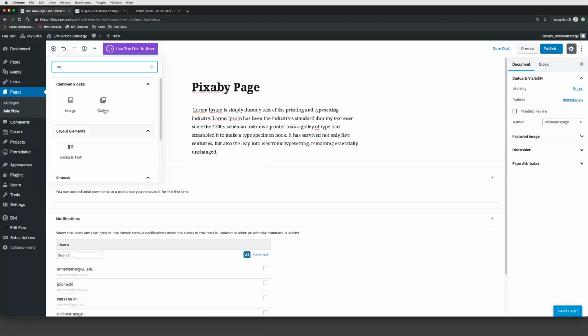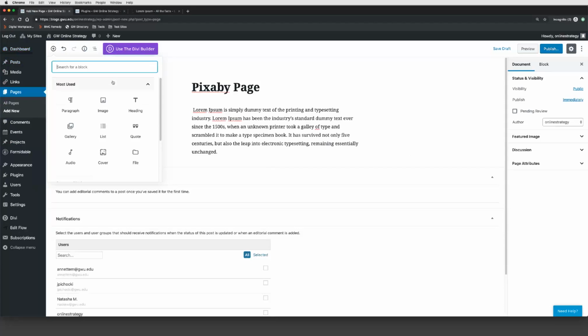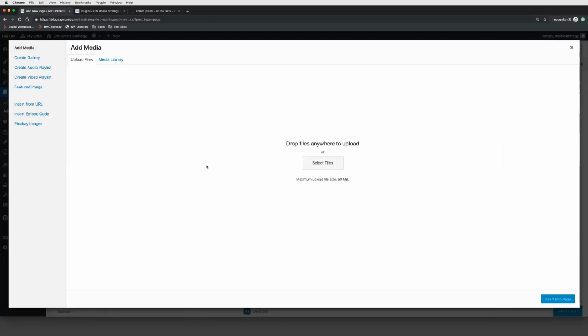I might have to, let's go to the classic editor. Okay. I'm going to add a classic editor in. And this classic editor has this wonderful add media button, which really just makes life a lot easier. Okay, so now that we've got our add image